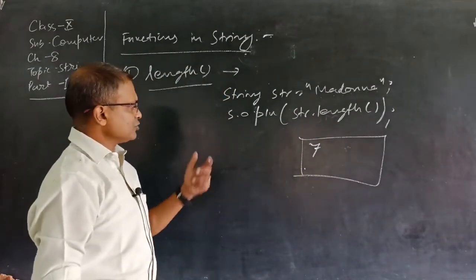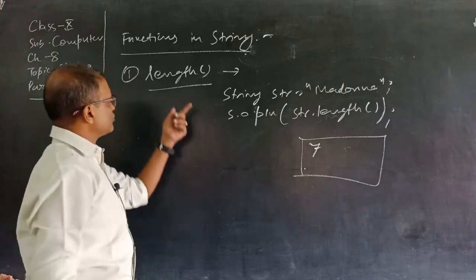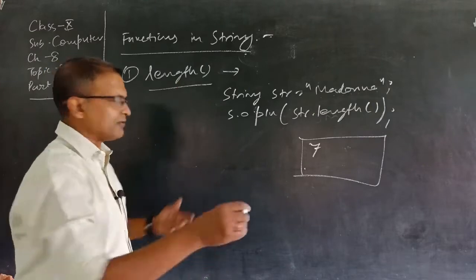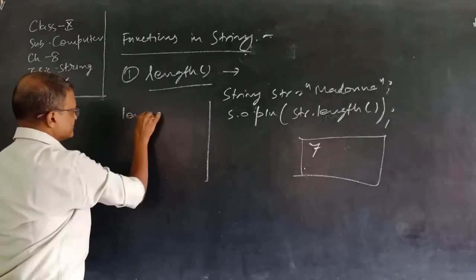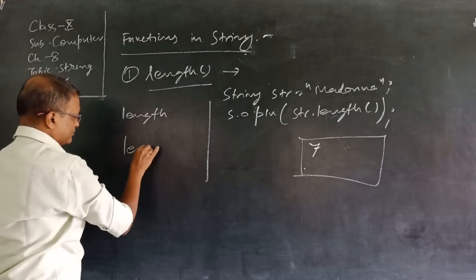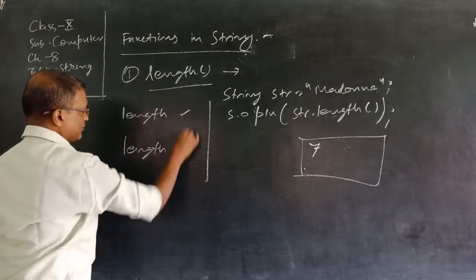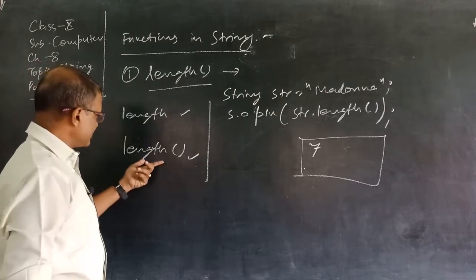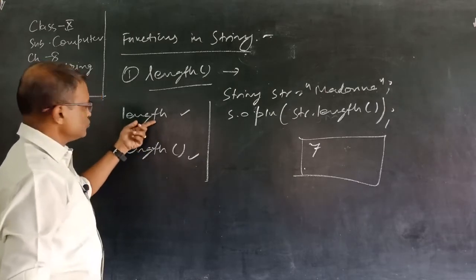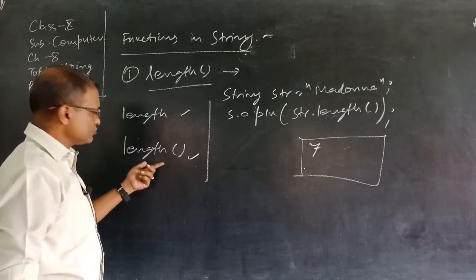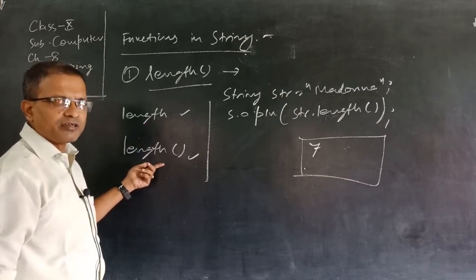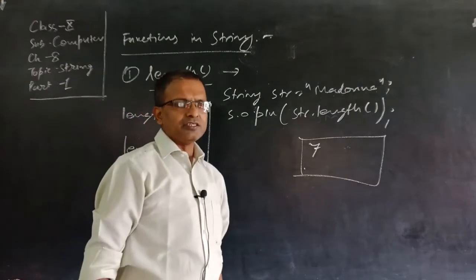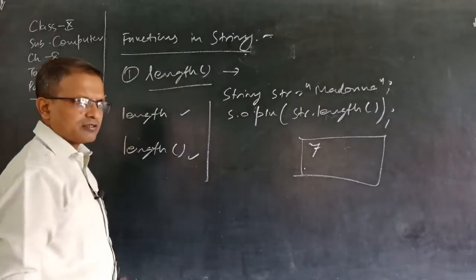Now here comes a question: in arrays we have also studied a topic length, and here is also length. What is the difference between this length and this length? I would like to clear it. This length is a variable and this length is a function. This length is used to get the size of an array, and this length is used to find the number of characters in the string. Getting my point? So these are the differences. Generally this type of question is asked in the board examination. What is the difference between this and this? Getting my point? Okay.